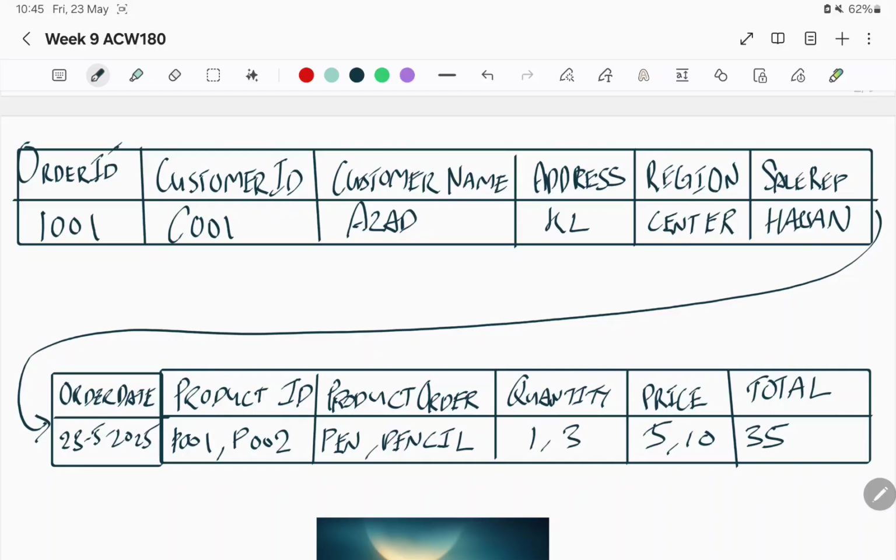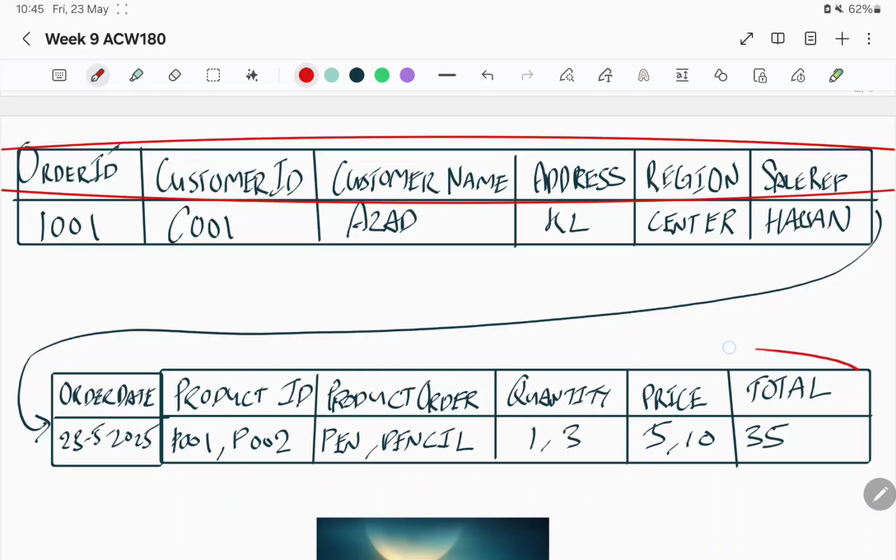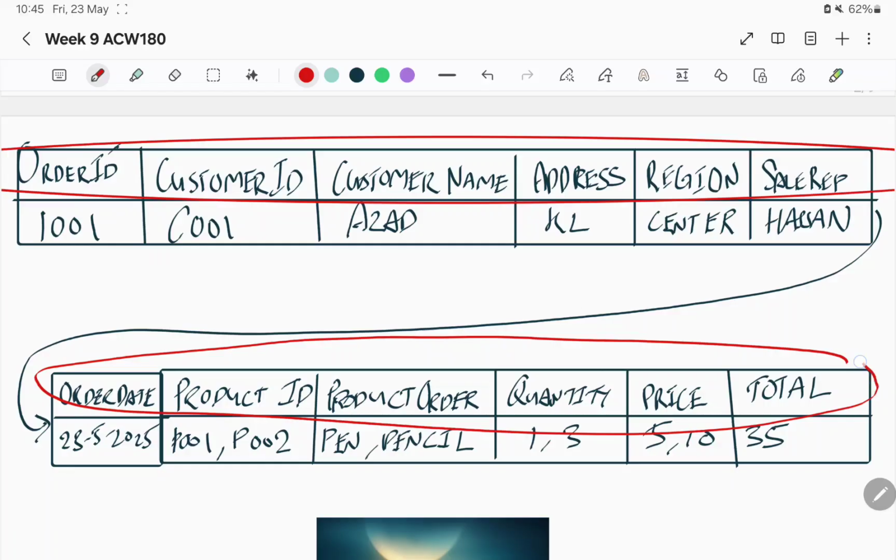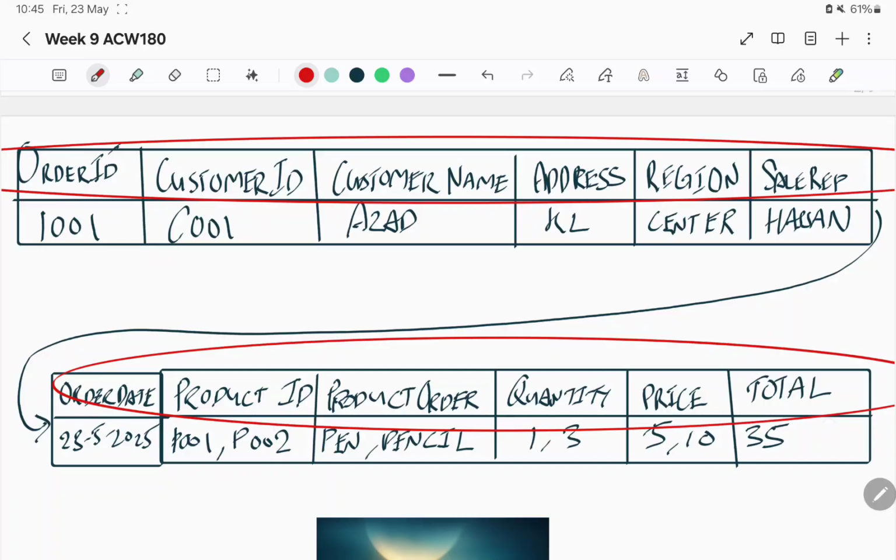In a table, this is the header. There's a header. Let me just put in this one. These are all the headers. Just go up over here. These are the headers, and these are